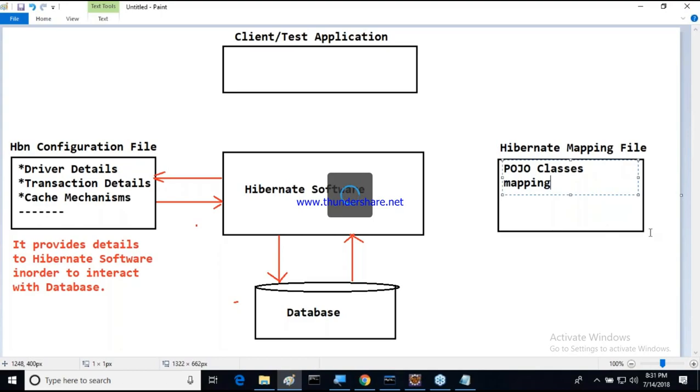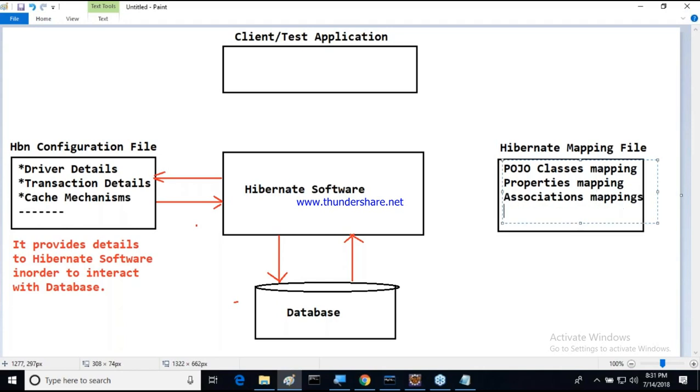Next one is which one? Properties mapping. Next one is which one? Then after this properties mapping, I should be able to provide directly associations mapping. Next one is which one? After this association mapping, inheritance mapping. Like this, number of mapping details are existed here. Okay, majorly what it will provide there,